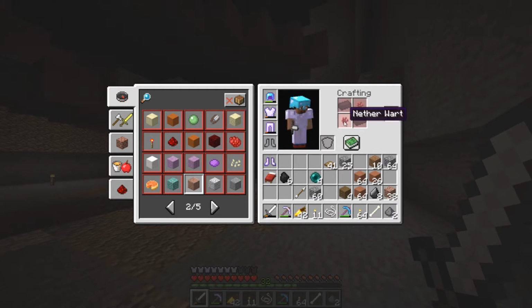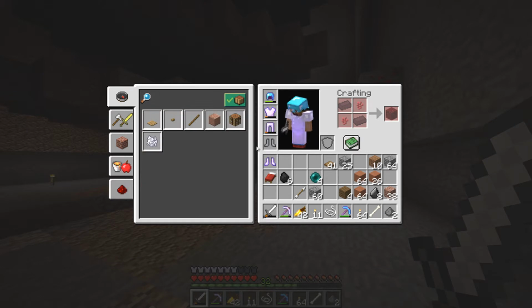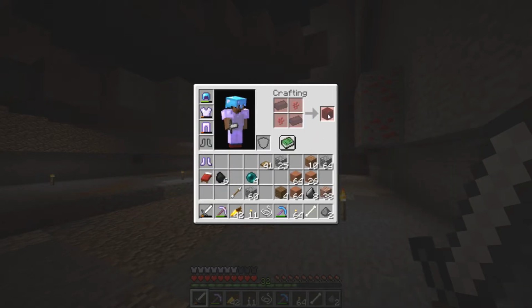I've never seen that before. Red nether brick. What's that? Nether wart and nether brick. That's pretty cool. I might use that at some point. Yeah, I do really like this. I don't think I'm going to use it much at least, but when it comes to things like this where I don't know how to craft it, instead of me using the wiki, I can just come here and use this, which is a very cool feature. So yeah,